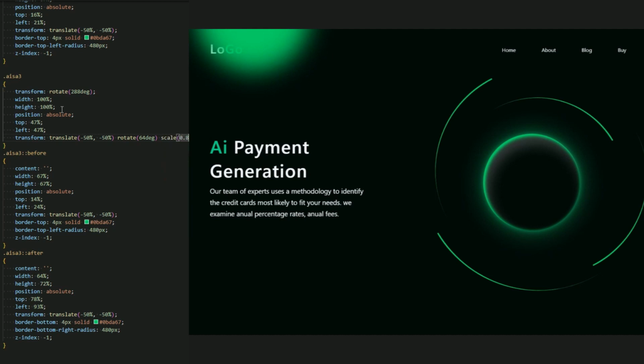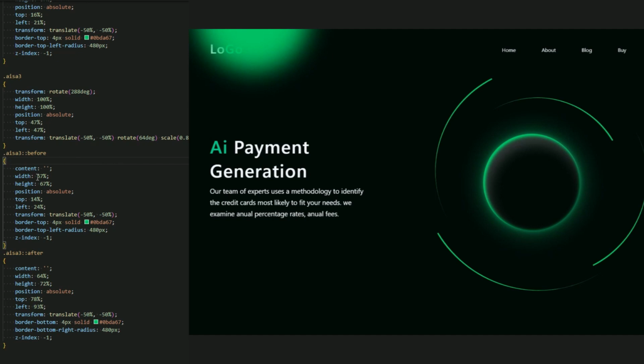and let me add 0.8, yes, 0.8. And by the way guys, if you want to learn about this scale, how to use it instead of the width and height, you can watch this video, for the media, for this before and after, and resize this image as you can see. But yeah, let me just continue. Okay, this is the ASA 3.